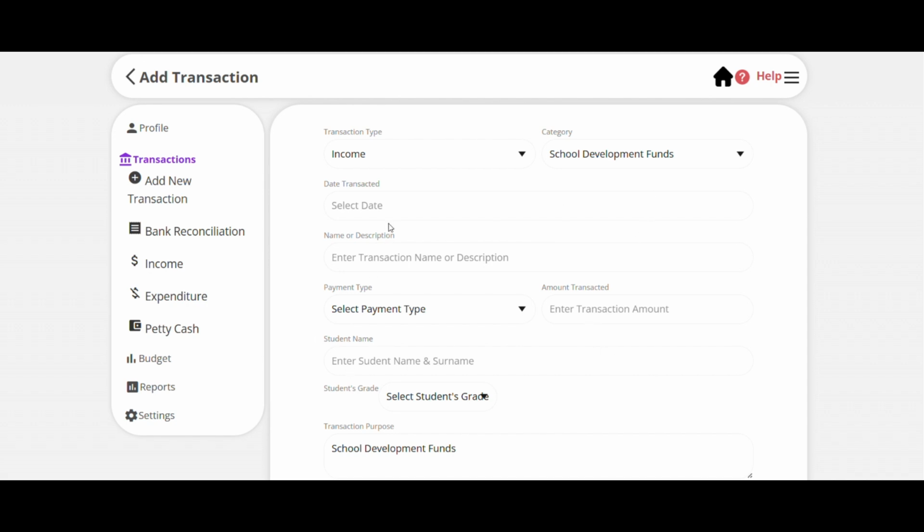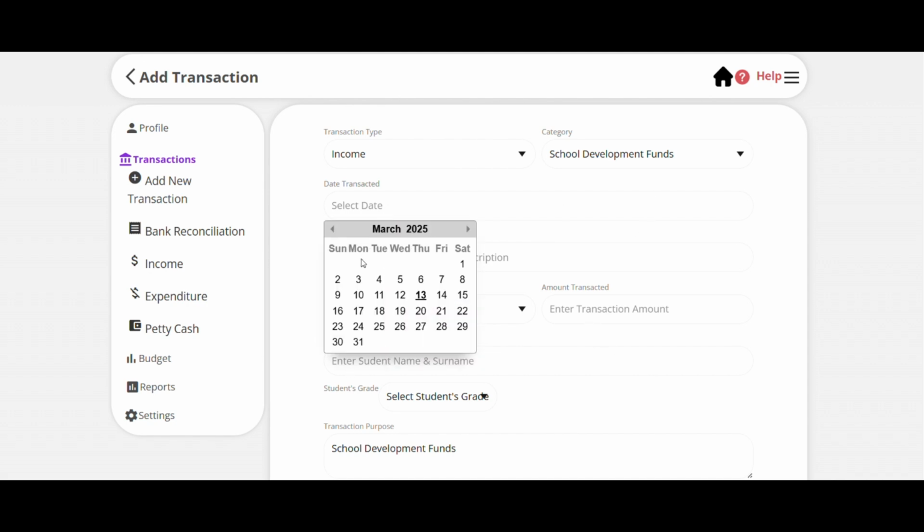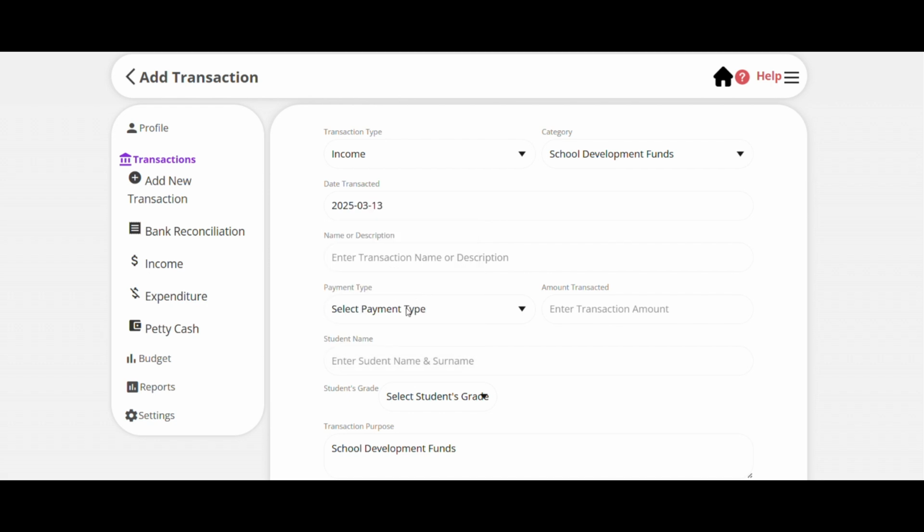The same thing, it will ask you the dates, and ask you payment type. What was the transaction for? School development funds, or we call it parents contribution,